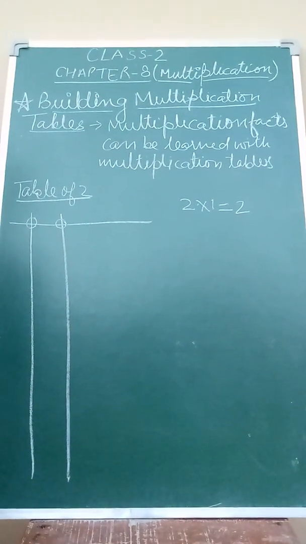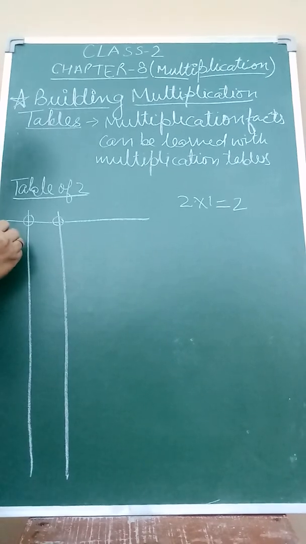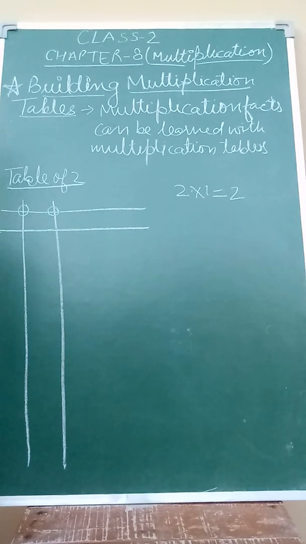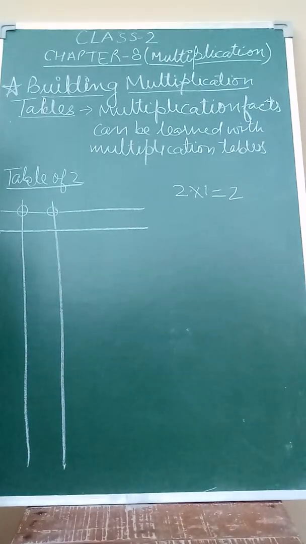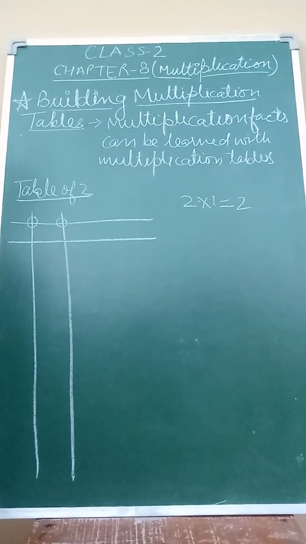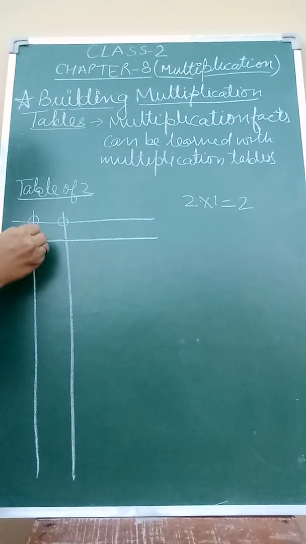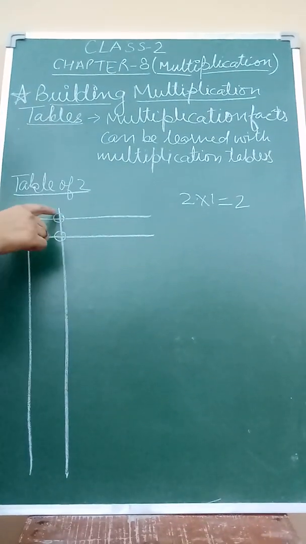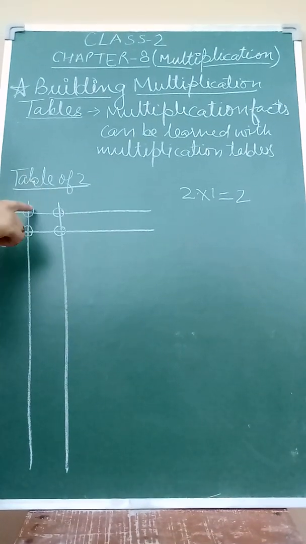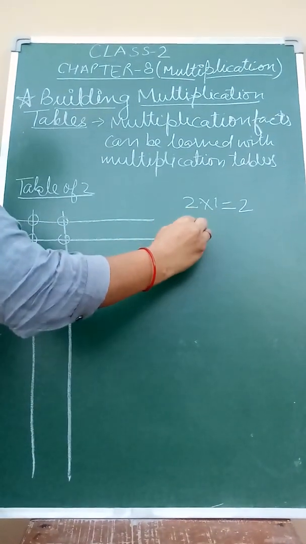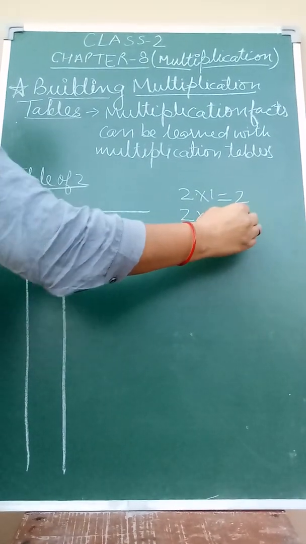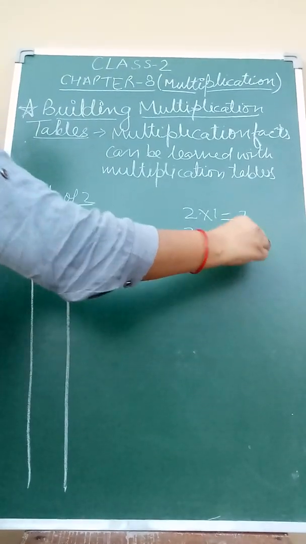Now the third step is, place 1 more bamboo stick again at some equal gap, in the horizontal form, on the top across the 2 sticks. Now count the number of times the bamboo sticks meet. Again we have to count, but this time we have to count the first one also. 1, 2, 3, 4. So 2 twos are 4. This is called 2 times 2 equals 4.